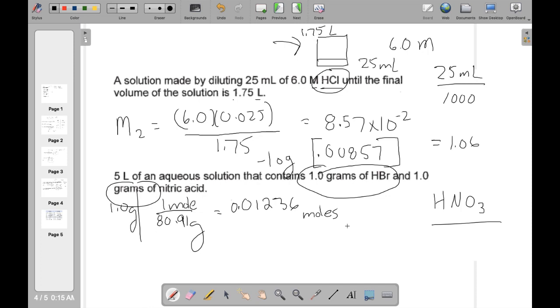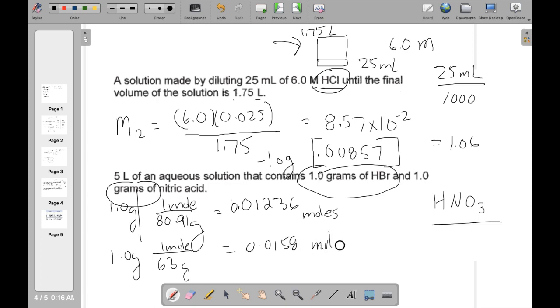So HNO3, go to the periodic table, look all this up. It's going to be about 63 grams per mole. And how much of it do I have? I have 1.0 grams. So yet again, I have 1.0 divided by 63 equals 0.0158